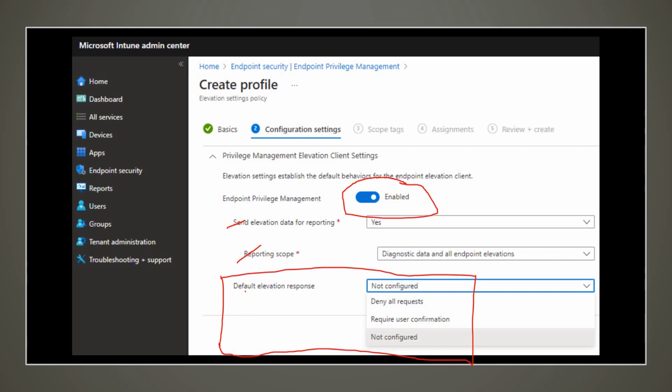Now there is something called default elevation response. So let's say that until now I have not created anything else. I just enabled the endpoint privilege management, and then in the default elevation response, I select deny all requests. Then I just save this policy and assign it to a group or to a user. Now when the user logs into the device, it gets this policy, and the EPM agent gets installed. Now in the EPM policy, what I have said is default elevation response to deny all requests, which means if